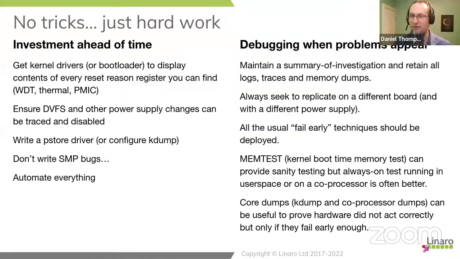But at the same time, if you can show one board does work, one board doesn't, there is the possibility that board is actually physically broken, and if you can see different behaviors between different boards, you then start doing a statistical project to find out if you can reproduce on anybody else's board. But once you've found 2 or 3 boards that all fail, then you start trying to work out what's common about them. But always, when you've got random failures, make sure the board isn't just physically deficient in some way. All the usual failure techniques still apply and should be deployed.